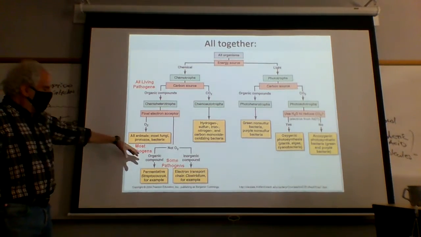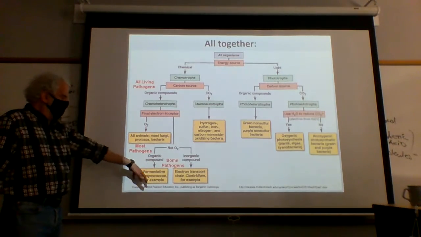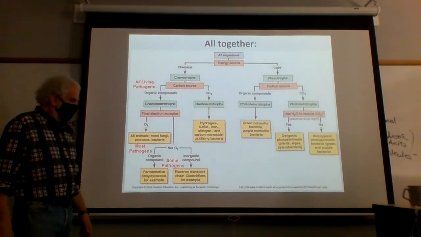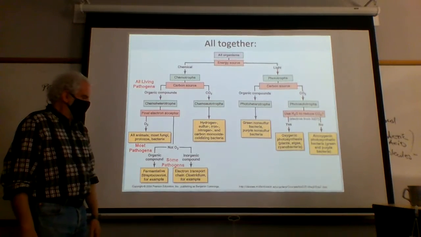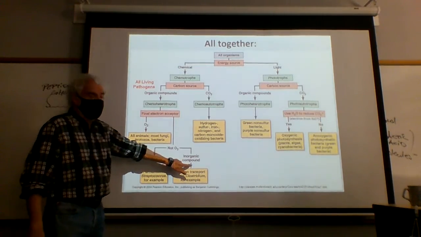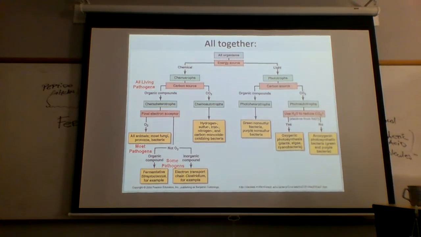You also then have guys that are not using oxygen as a final electron acceptor. And these are things like Streptococcus, some guys that may be pathogenic but not always. Using inorganic compounds, that's a fairly strange thing, but there are some guys, these are obligate anaerobes, and the organism that causes botulism is one of them. We pick on botulism a lot, Clostridium botulinum, because there are not a whole lot of obligate anaerobes. But it's one of the things we'll start seeing.